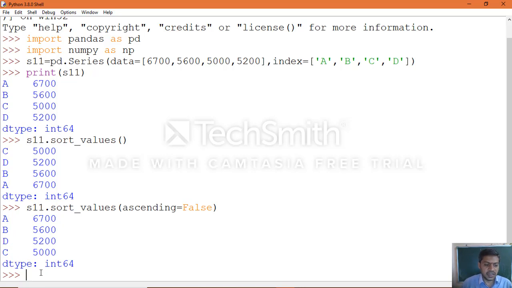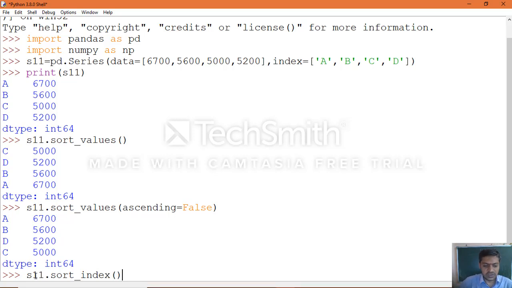In the same manner, you can sort the data based on indexes, index numbers. How can you sort? S11 dot, again a function which you can make use of, sort_index.